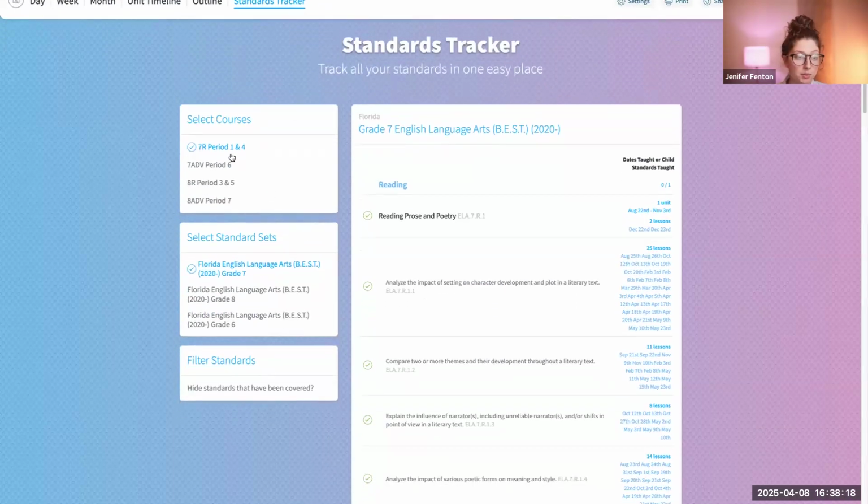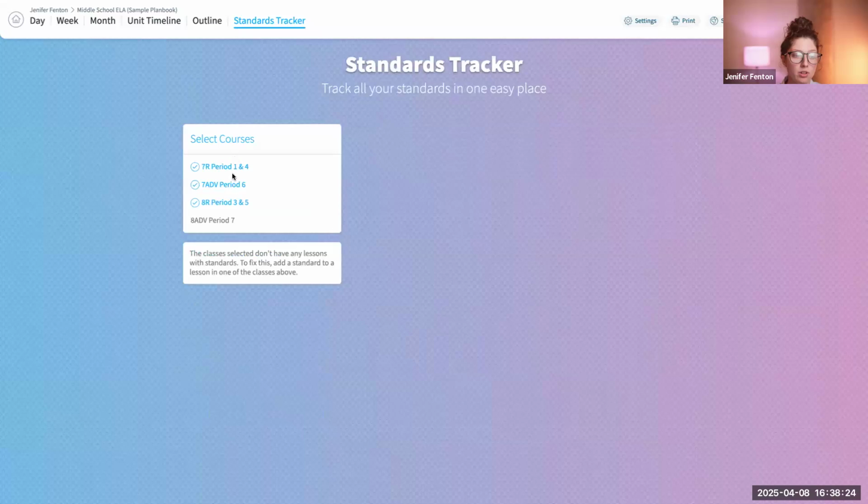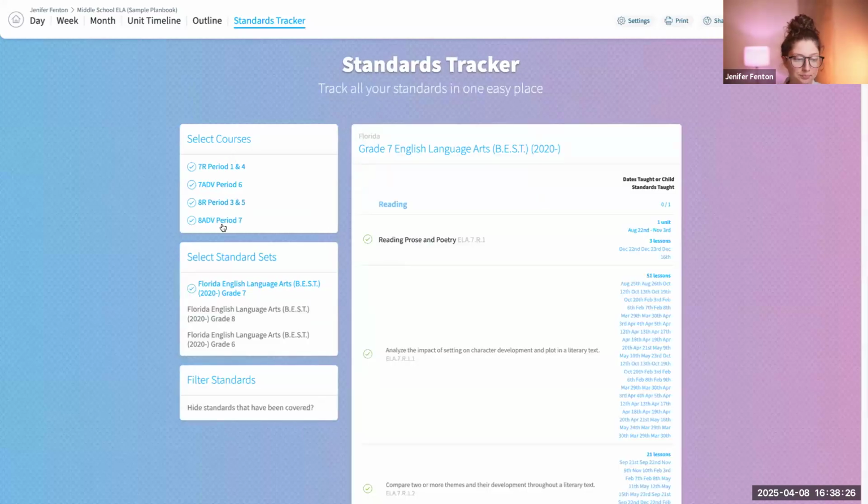And that's pretty much it. So you have all these options over here if you want to look at more than one class at the same time. If you want to look at all of your classes together, you can. It's really customizable to pull up